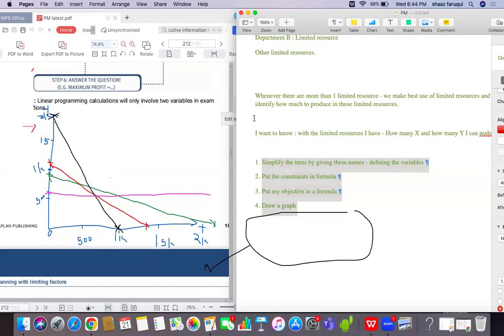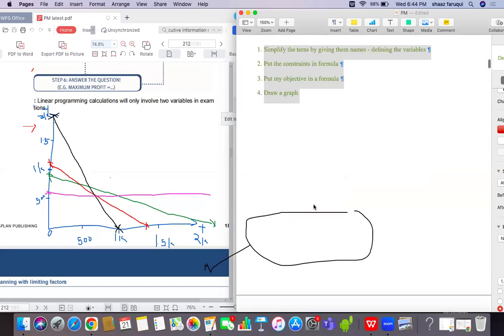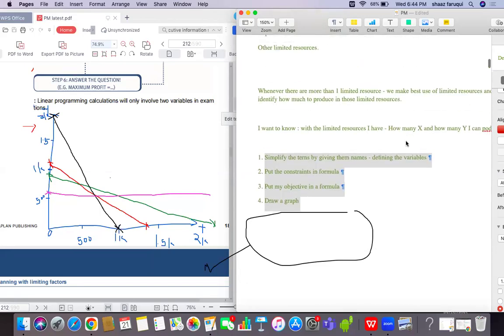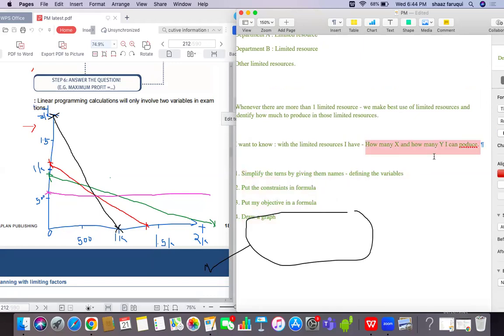Yes, okay. Now, what I want to tell you is these are all the constraints, or all your limits. These are the walls that you cannot cross, because these are your constraints. Constraints means these are your boundaries. So I don't know that. That is the question. I want to know how many X's and Y's I can produce. This is the question. But now I know that my answer,